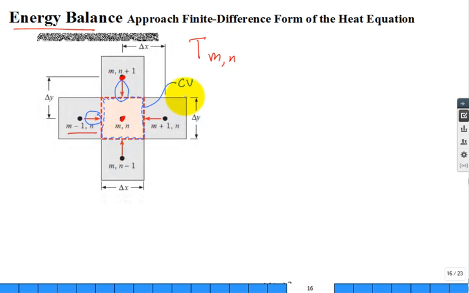This is a lot easier, I think. This is the engineer's approach, energy balance. And so what you'd do is you'd say, well, I'd have the Q from the top, plus the Q from the bottom, plus the Q from the right, plus the Q from the left. Now, if I have some heat generation, Q dot,